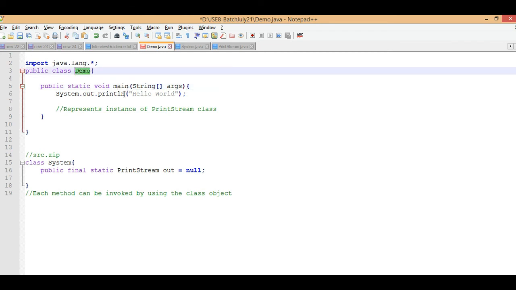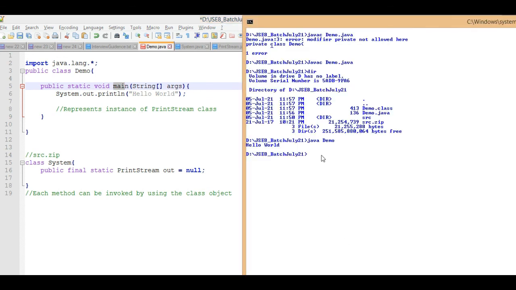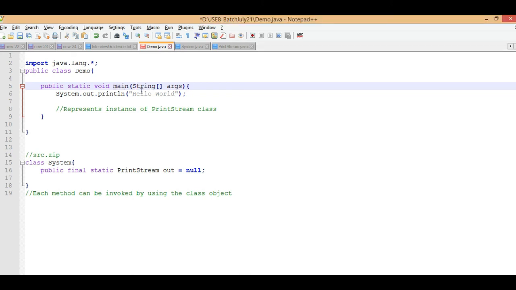So the JVM will call this method during execution of this program. When we give the command java Demo, this is the class name which we are giving as a clue to the JVM, that this is my class name and you have to execute this one. And this is for command line arguments.